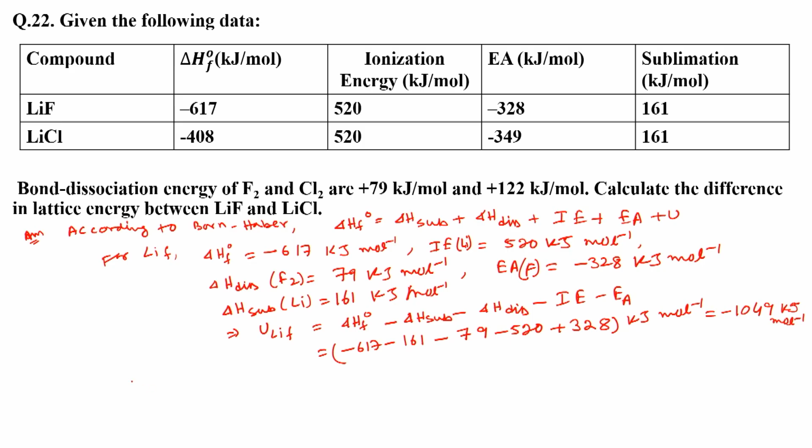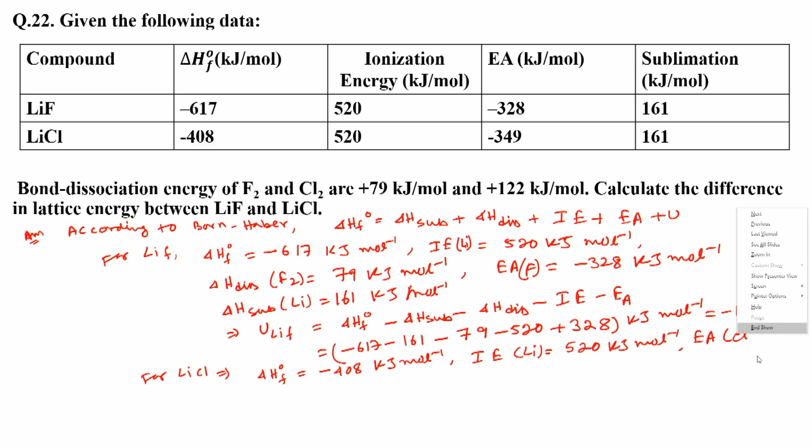This is for LiF. For LiCl, delta H F naught is minus 408 kilojoule per mole, IE of Li is 520 kilojoule per mole, EA of Cl is given as minus 349 kilojoule per mole, delta H sub is 161 kilojoule per mole,